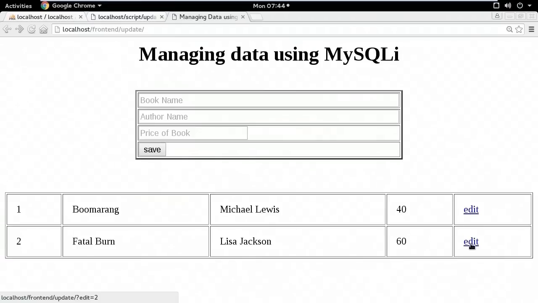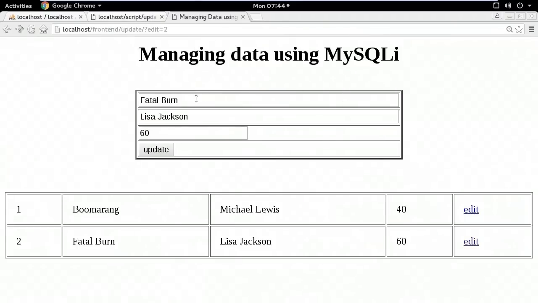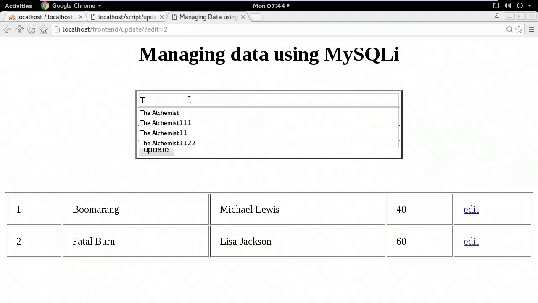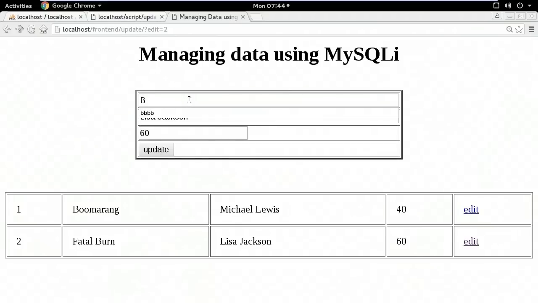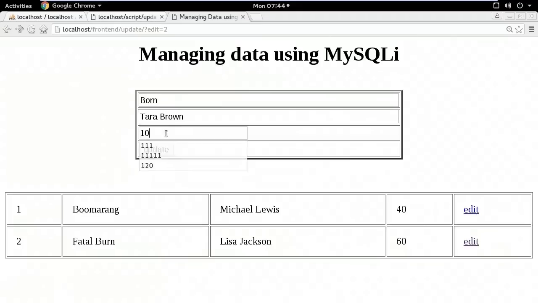When I click on the edit button, a dialog box comes, are you sure you want to edit this record? When I click on OK, the values are displayed in the form which I can update. For example, if I want to change this book name, I can say born. Let's say I can also change this author name, and we can also change this price. And when I click on the update button,